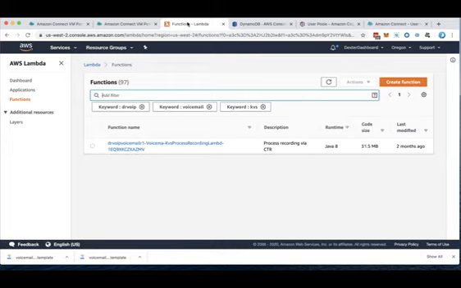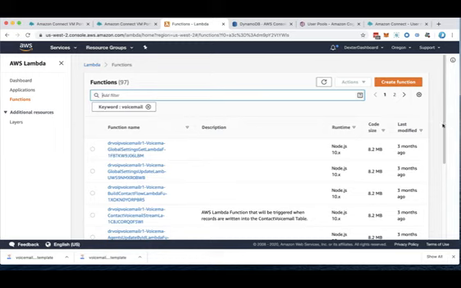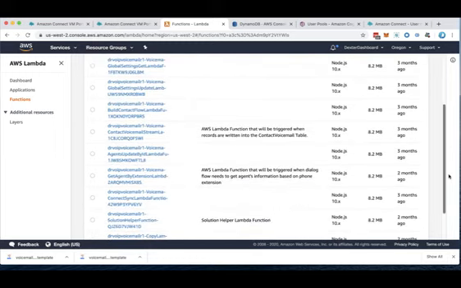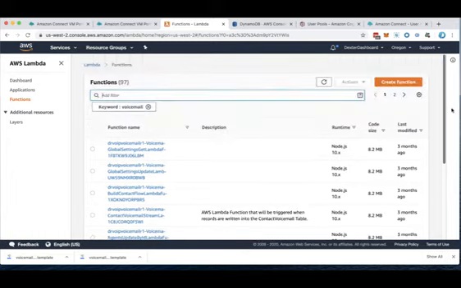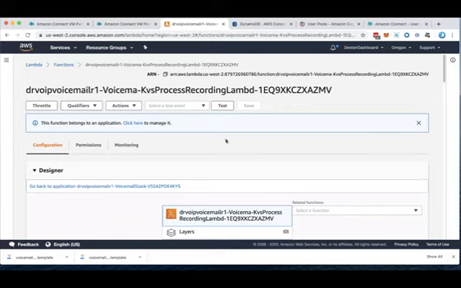If we look at some of the Lambda functions, since I gave it a name that included voicemail, I can locate my functions. Let's go back here and type voicemail, and you'll see the functions that were created. There's this many, right? The one that's of interest, look for the one that says KVS process. This is where you're going to go if you're going to change the Kinesis stream. So how you're going to do that is you're going to find the section